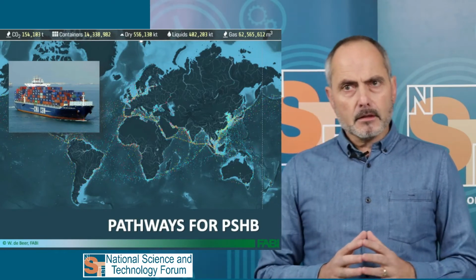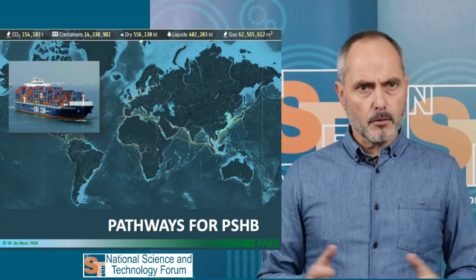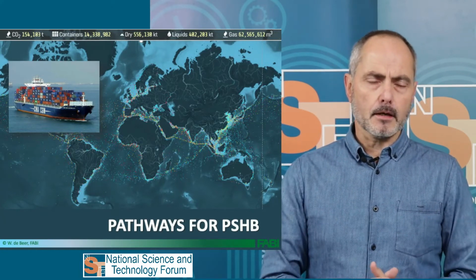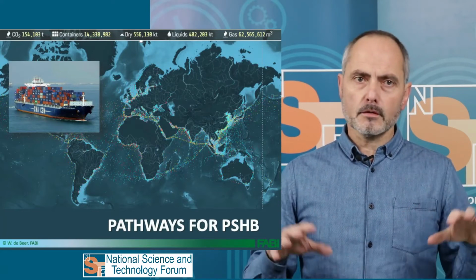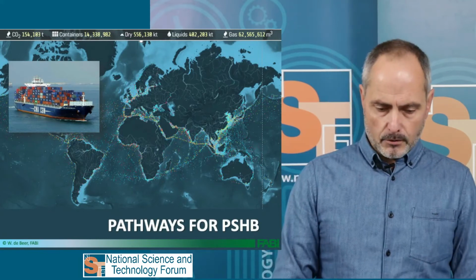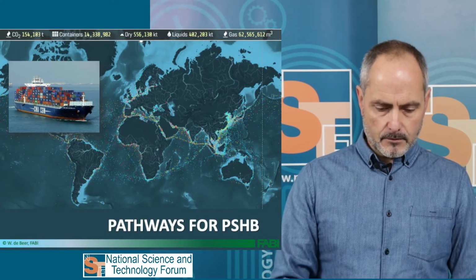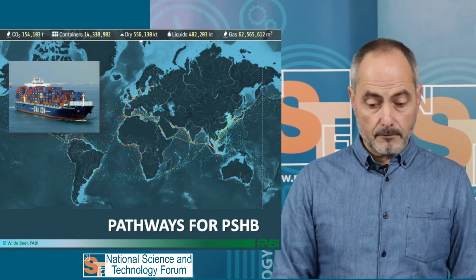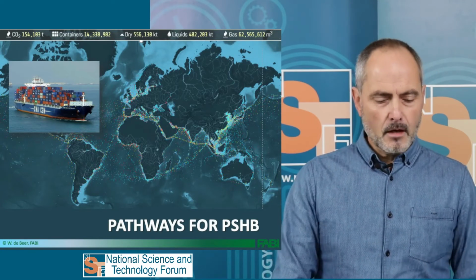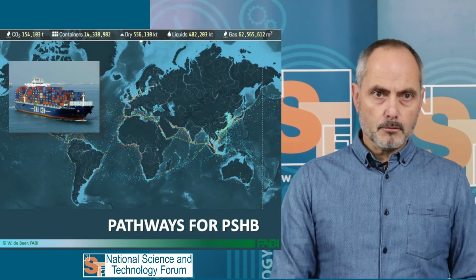So the big question is then, how did this thing come into South Africa? Now there's different pathways, but typically these types of insects and diseases are spread with wood that is not treated properly across the world. Now in the background here you can see the routes of trade ships across the world. You can see quite a thick line of ships making its way past South Africa or towards South Africa from Southeast Asia. So we are pretty sure that this beetle came into South Africa on a ship, most probably with